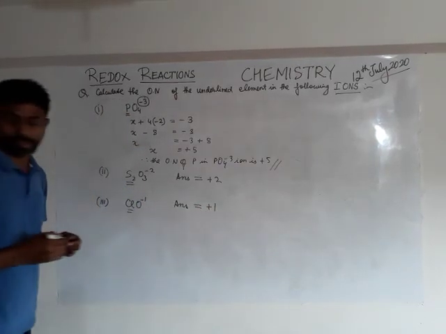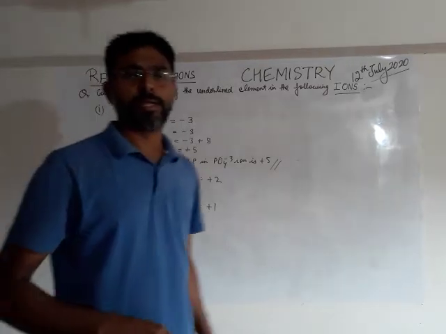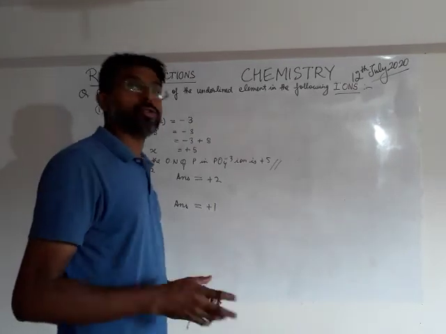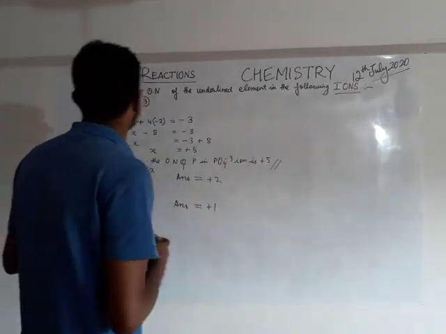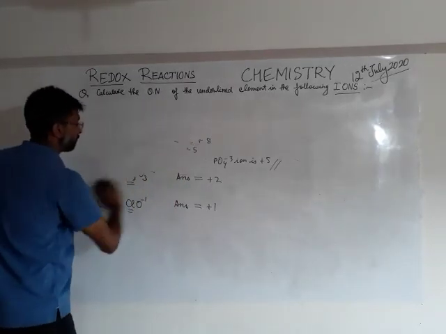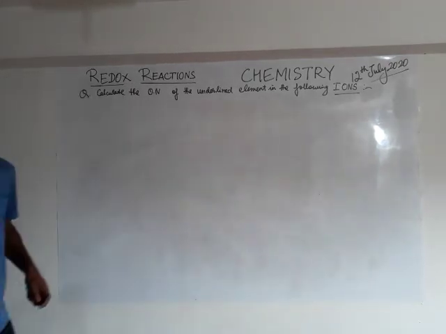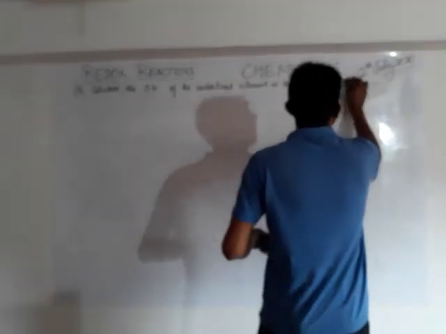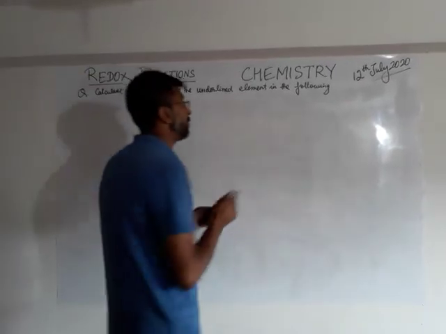Okay. Now, my dear students, I want to give you some more practice, some more examples, some more molecules and ions so that you can practice and make yourself perfect in the calculation of these things. Now, copy them down as well. Again, calculate the oxidation number of the underlined elements in the following only. When I say in the following, it can be molecules, it can be ions as well.